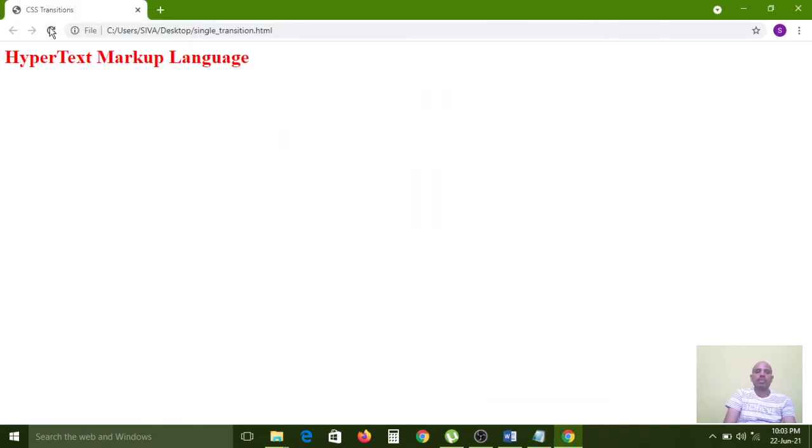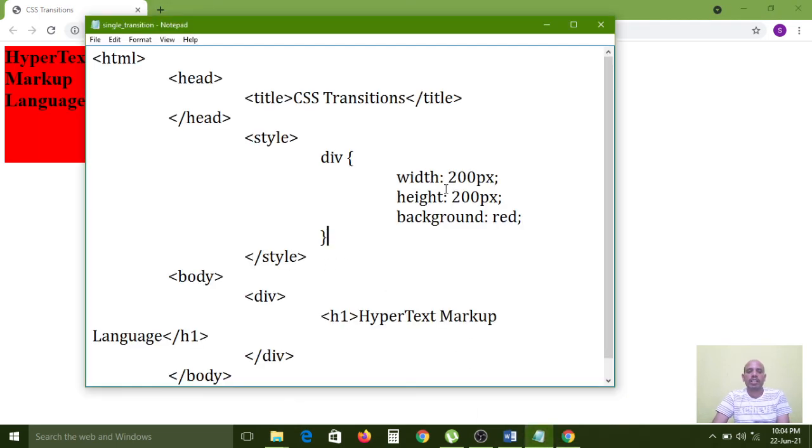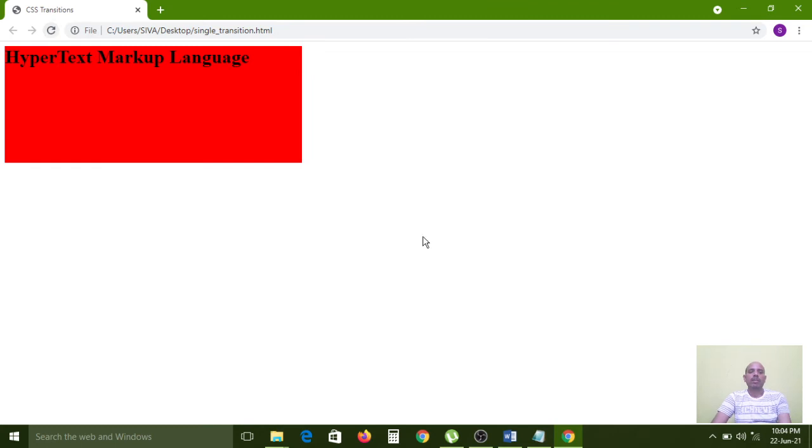Now I am refreshing the page. So like that, okay? Hypertext markup language. It divides the space for that one, because here I gave width 200. So here I am going to use 400 or 500. We need 500 width. Now I am refreshing the page. Carefully observe.